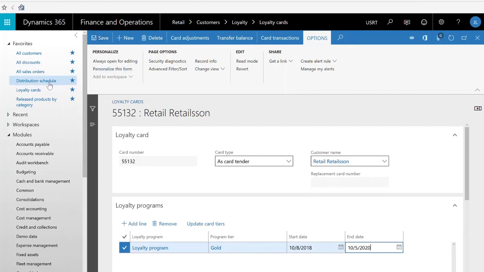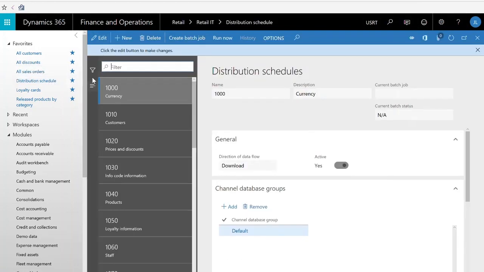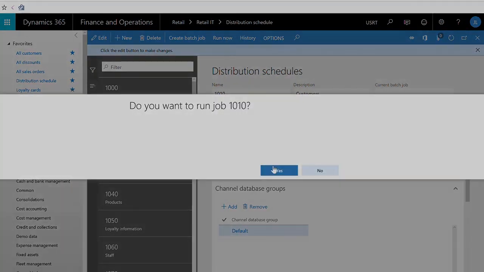And as soon as we push this to the retail server, making it available for the online channel and the retail stores and stuff like that, then it will be available for all channels. And as I said before, this job can